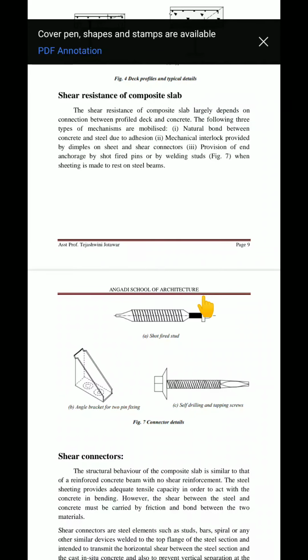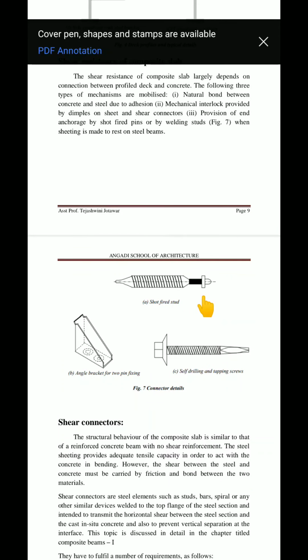Shear resistance in the composite slab. Whenever there is a load applied on a slab, there will definitely be shear forces induced in the slab. The expansive and contractive nature of steel and concrete are different, and because of that there will definitely be shear forces induced in the members in such a way that the joints are displaced, and to make sure that a failure of such joints does not occur, we provide a shear connector.